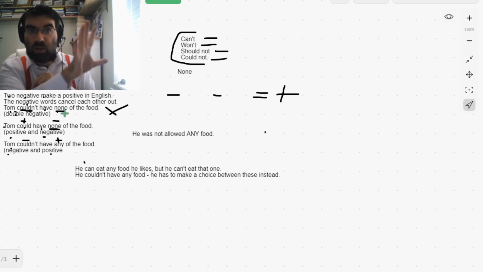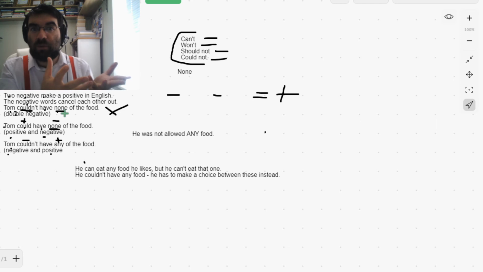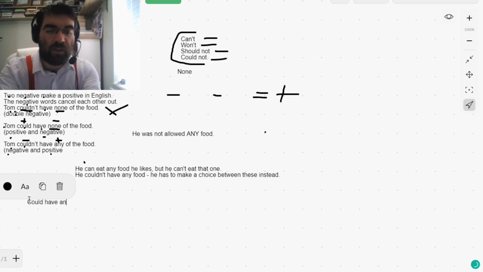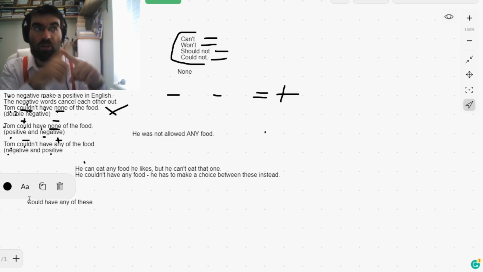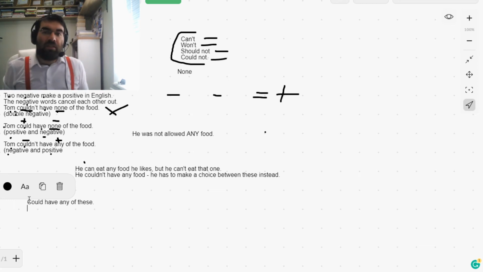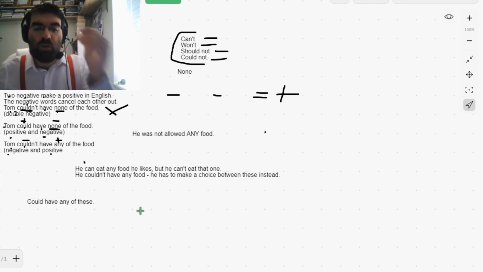He couldn't have none of these, but really what you're saying is he can have any of those. So he could have any of these. Any of these, but none of them. You can't have any of them. So a lot of people tend to make this mistake with things like saying you can't